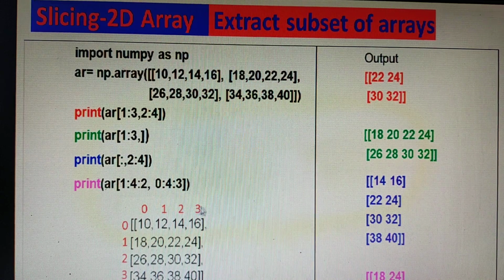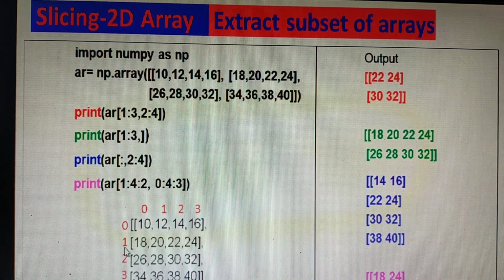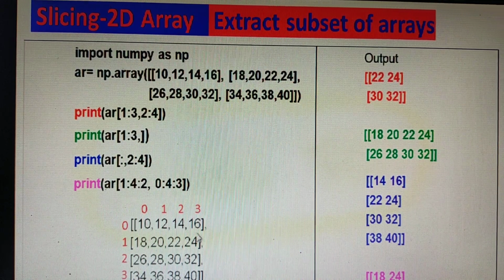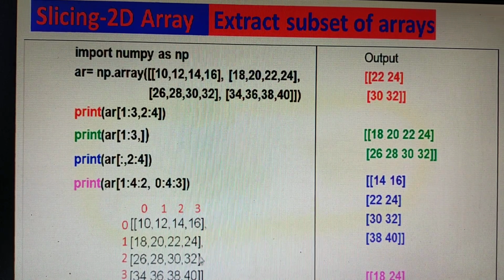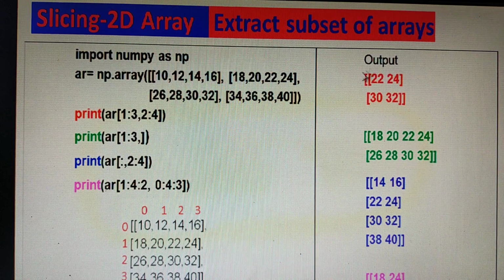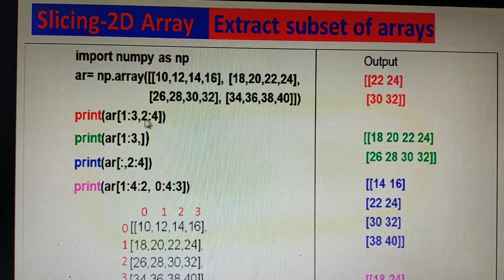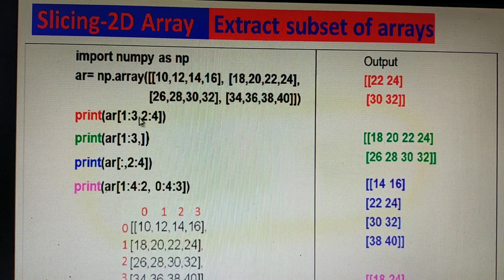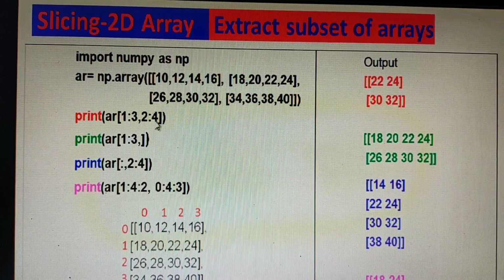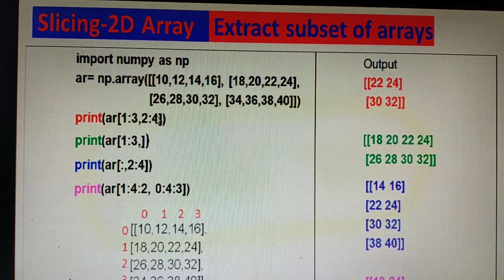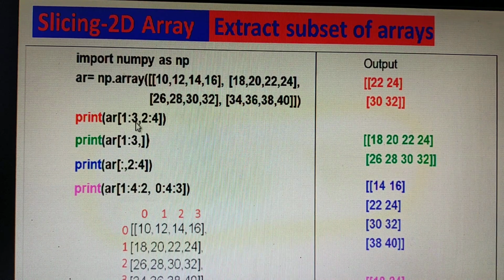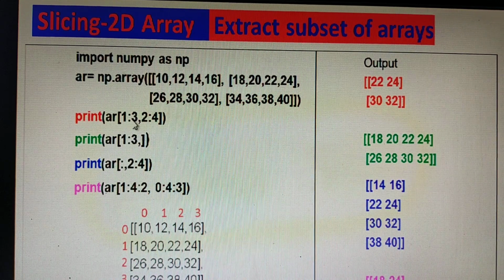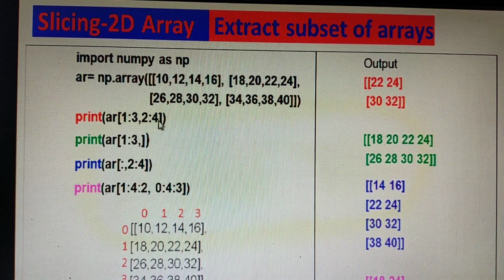So rows 1 to 2 and columns 2 to 3, that is 22, 24, 30, 32. You can see this will be your output when you give this command, 1 colon 3, 2 colon 4. 1 colon 3 is the row number and 2 colon 4 is the column index, and the last number is excluded.